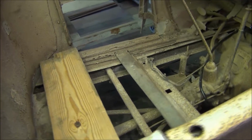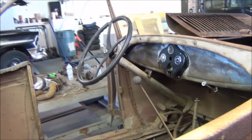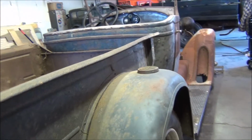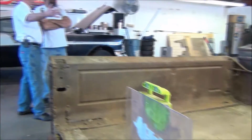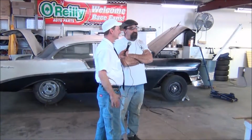I'm looking at that thing going, is he going to really drive that thing? There ain't much to it. Now, there's not much left. The ammonia from the barn has killed the metal. The doors there, that metal's really thin, but yeah, something to look at. What did these things have for a top? Look at that. There's barely a windshield, and I don't see any remnants of a top. Just like the Speedster over here, there's no type of top, so...